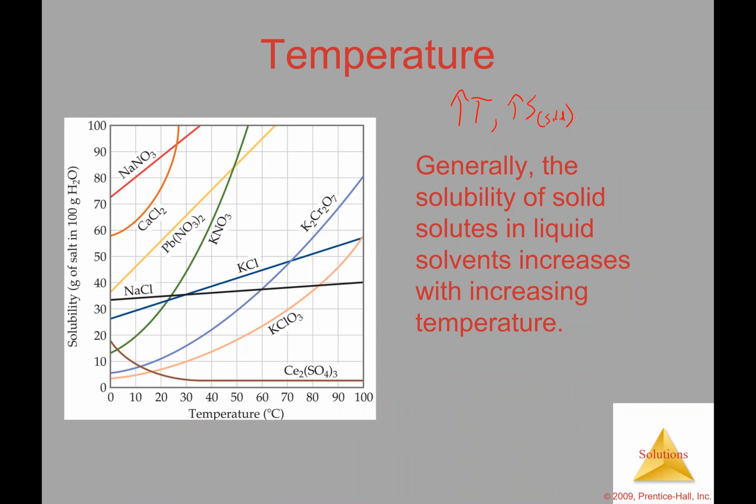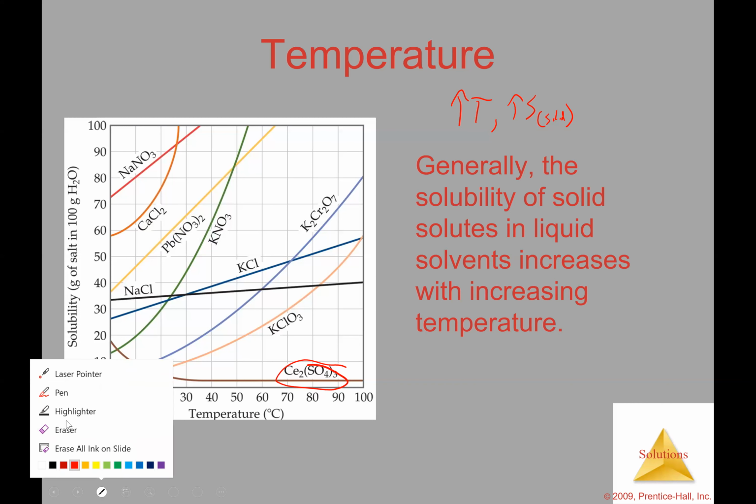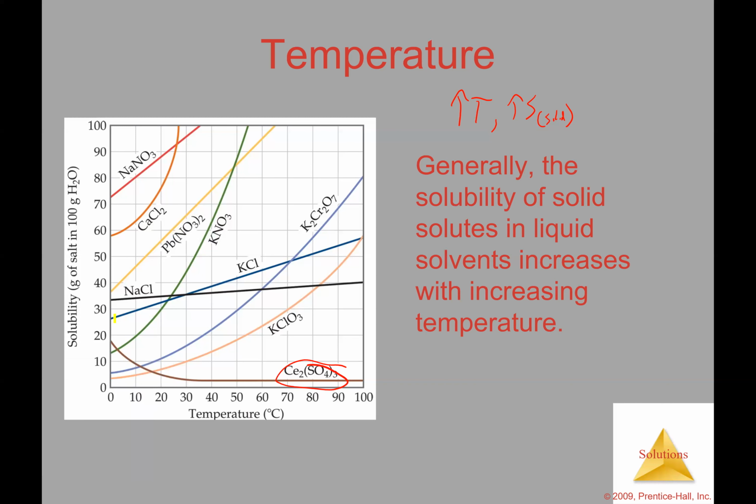However, there's one exception here, but we very rarely see anything like this. That is the bottom one, cerium sulfate. We don't really work with that particular compound, so it's not something we care too much about, but it's there. The other ones are a possibility of working with in the lab or at home. So sodium chloride, we talked about sodium chloride last night, and if you look at the diagram here, I'm going to highlight this. If you look at sodium chloride,